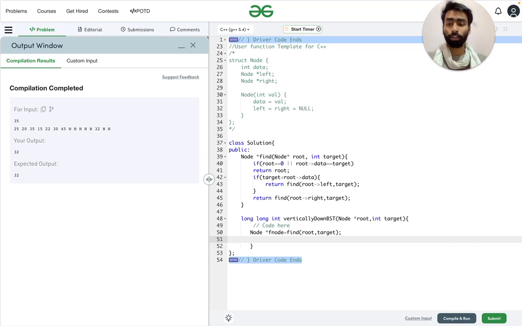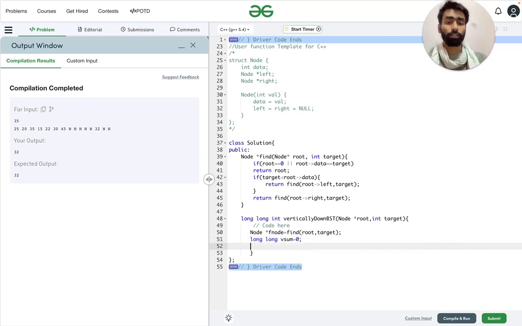Once we got that, now we need to calculate the sum of the vertical downward nodes. To find the vertical downward nodes sum, we need to store it somewhere. So we will initialize a variable called vsum with 0.